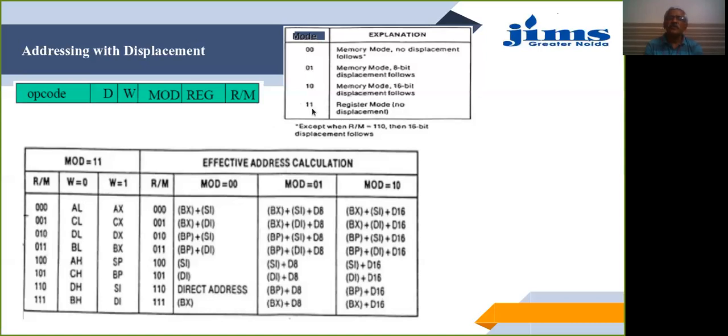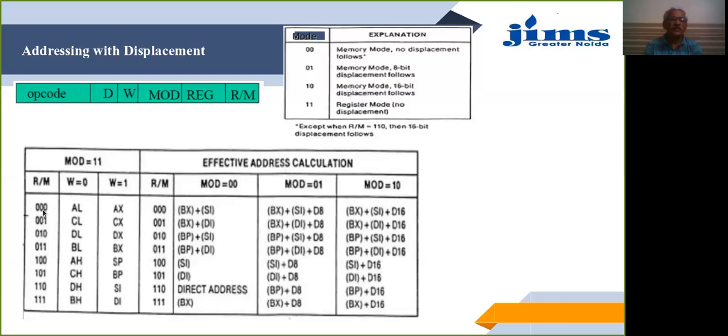In case the mode is 11, there is a register mode. So this particular field and the last field will be treated as register to register only. And when we say register to register, there is nothing like addressing. It is only the content of one register to another register. Whether this register, which is indicated by REG, will be source or destination is decided by the bit D. If this D bit is 0, then this is the source and this will be the destination.